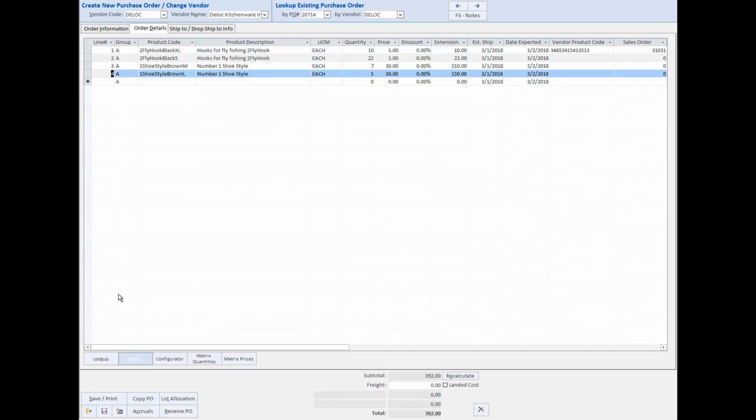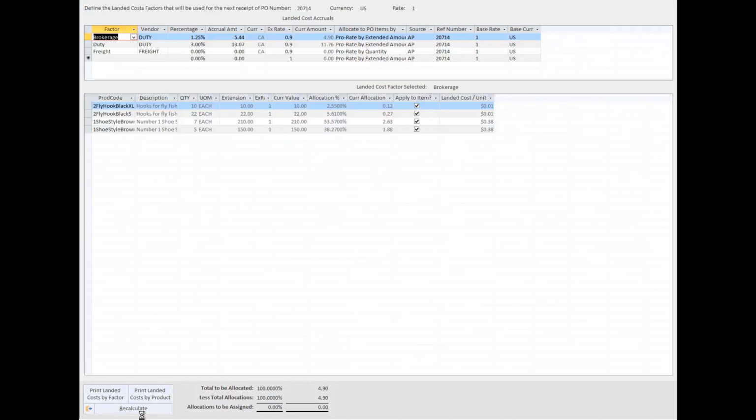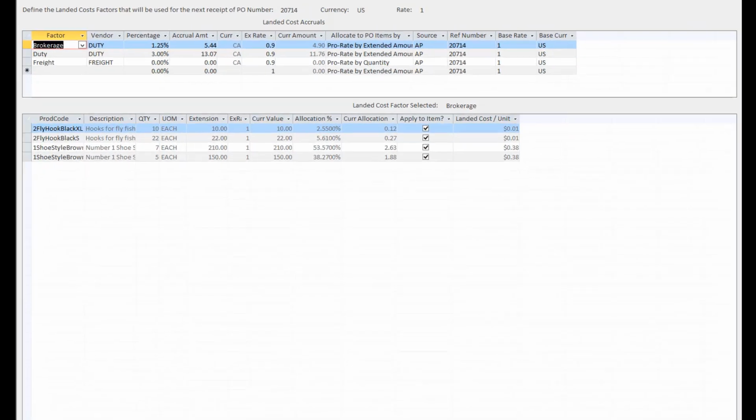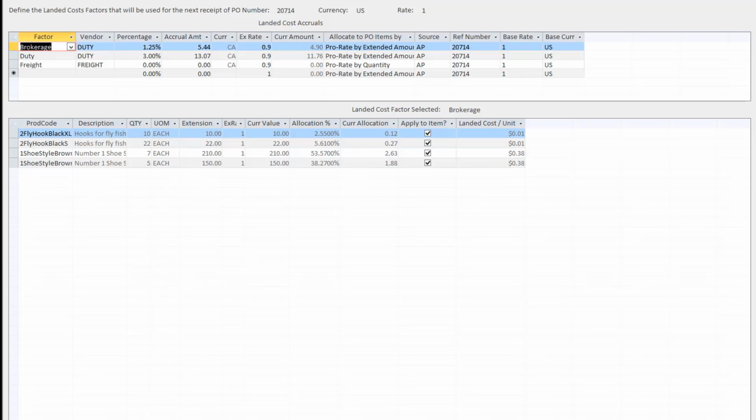Purchases of goods often incur additional costs such as freight, and if importing the product, duties and brokerage fees. Blue Link's landed cost functionality allows for these costs to be added to the cost of goods. Based on the landed cost factors, which are predefined in inventory control, landed costs are calculated on a product-by-product basis and are allocated between the quantities of product based on the selected method, such as extended dollar amount, quantity, weight,